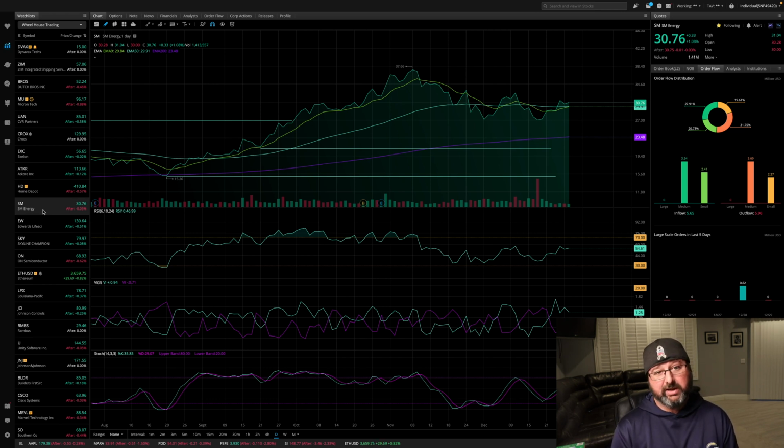I do have NEO, and NEO is the ugly stepchild, basically the redheaded stepchild. NEO just can't get a break. And what I found out on NEO is the shorts are increasing on that thing. They're not letting up on the shorting. They're actually increasing the shorting. It's crazy. Speaking of shorting,